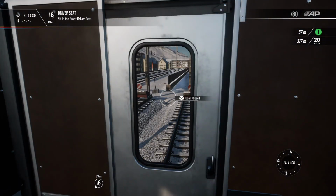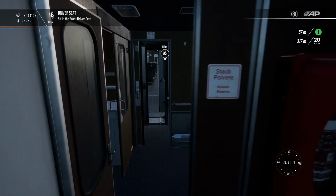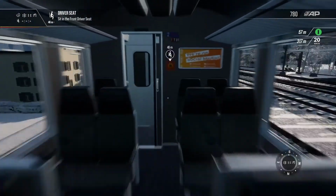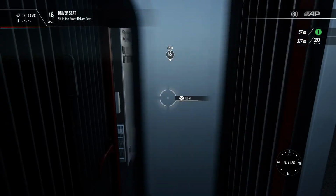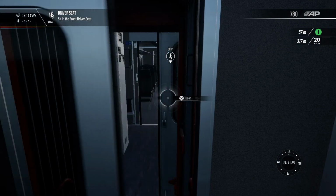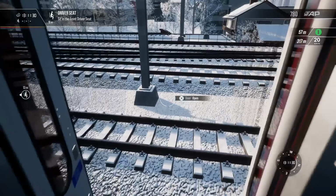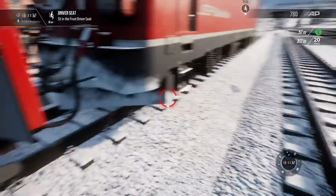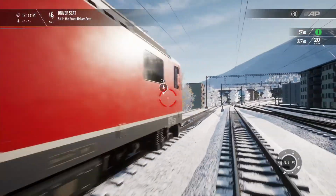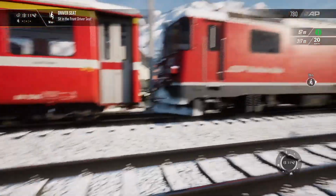So there's a lot of things going into this. So it's pretty cool. Anyway, we're going to be running late, so let's go back in that way. It's always nice to see another company's, another country, turn up in Train Sim World. So the other thing is as well is that these locomotives, they have a door on one side